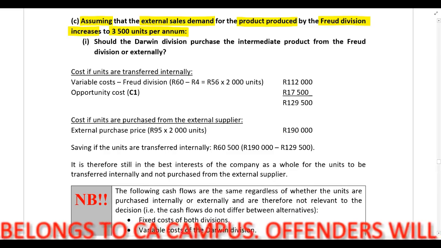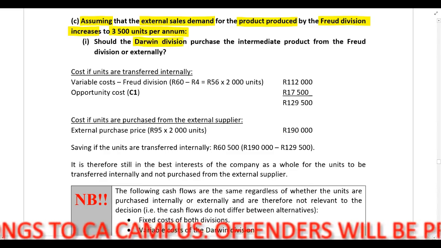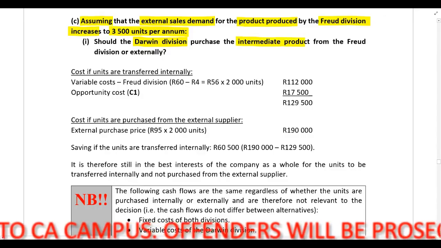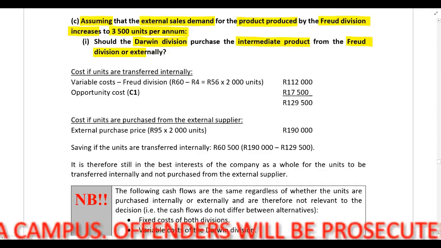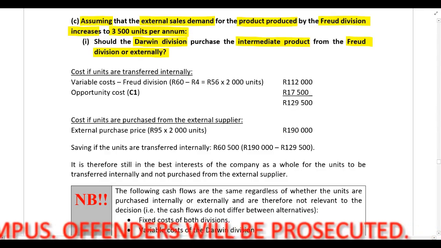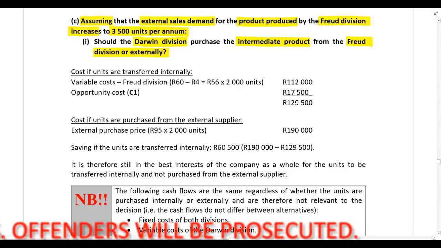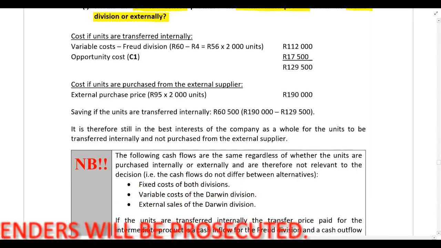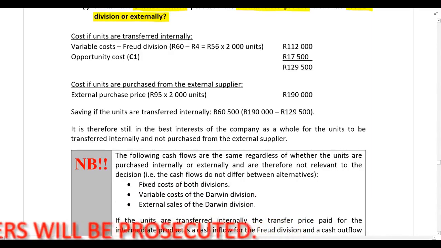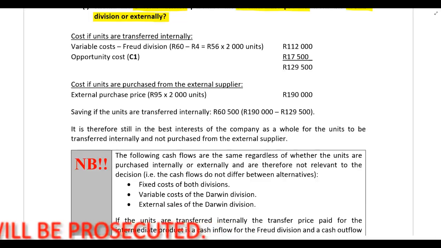And in part 1, we need to determine whether the Darwin division should purchase the intermediate product from the Freud division or externally. So this is going to be very similar to the calculation that we performed in part A. So guys, most of the discussion around this calculation is exactly the same as part A, so I'm not going to repeat everything again. A lot of the costs you'll remember, or a lot of the cash flows, not only cost but also income, are not relevant to this decision because they are the same for both alternatives. They are the same regardless of whether the Darwin division purchases the components externally or if they purchase it from